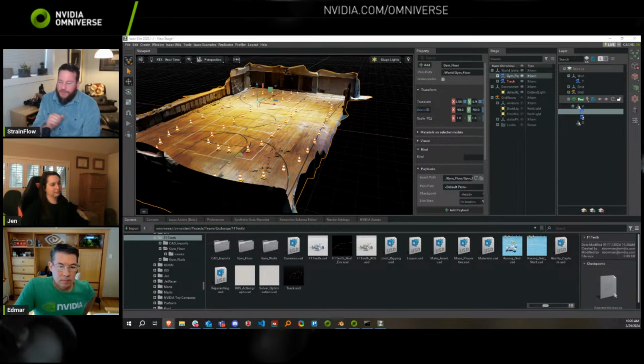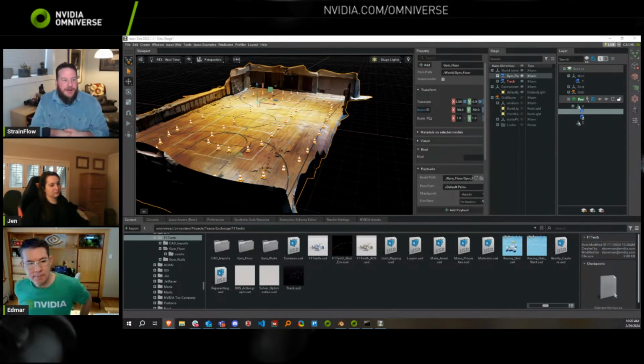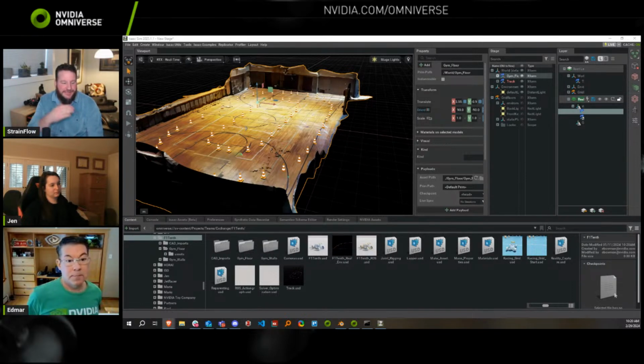And so we put these cones in here, and then in the extension that I've shown you before, whenever we click to give it a trajectory, it randomly throws 100 HDRIs in the background and generates 100 data points, 100 images, all with a random HDRI at a random angle.